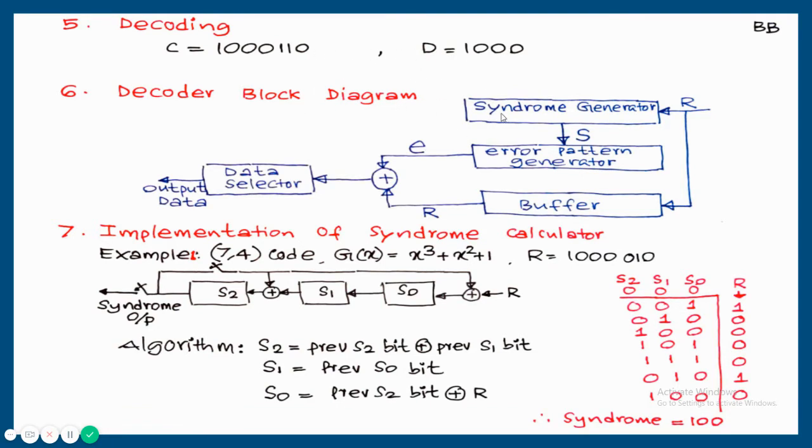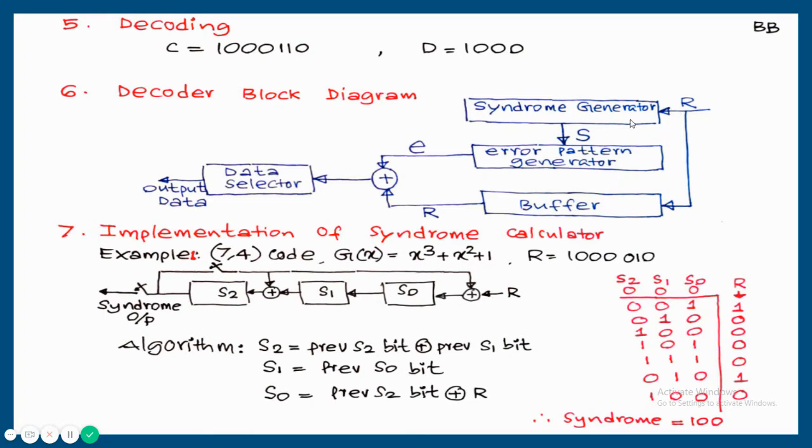Next, the block diagram of the decoder. It's a general block diagram, not a specific implementation for a (7,4). It's a general result. This is also known as the Meggitt decoder. This is our step number 1, syndrome generation. From R, the syndrome will be S, and based on S, select the error pattern. This error pattern is XORed with the received code. We'll get C, and from C, remove the parity bits and select only the data bits, that is D.